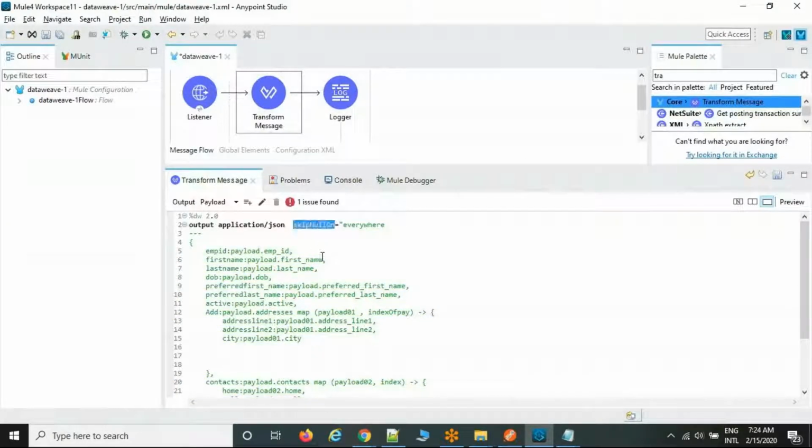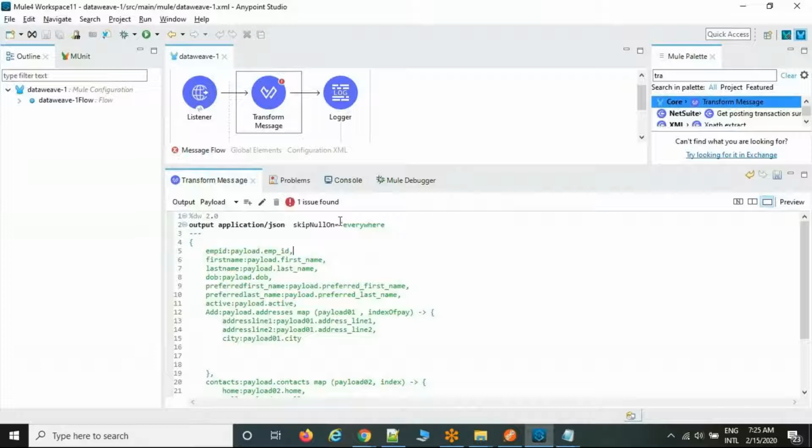So skipNullOn means we are going to skip the null values wherever they are available, so that whenever they are sending the keys with the combination of values, we send them to the target system. Sometimes they are going to miss elements in the input file, and we don't know whether they are sending or not, but we don't want to send null values to the target system. So we can use skipNullOn, so that we skip all the null values. Whatever key combination is available, we send it. If not, we skip the element only.